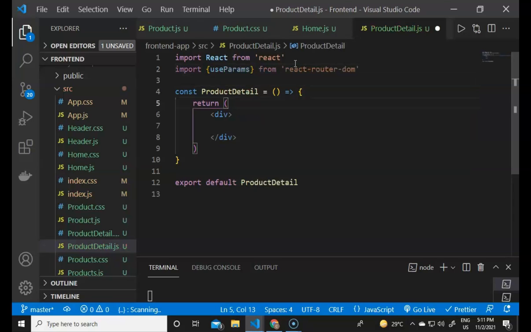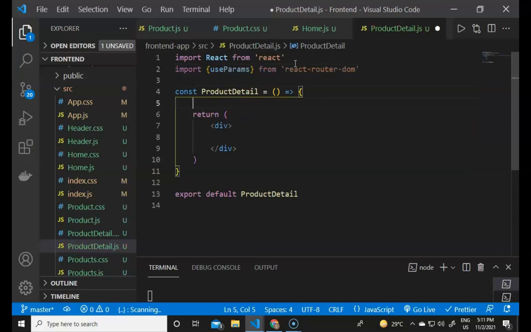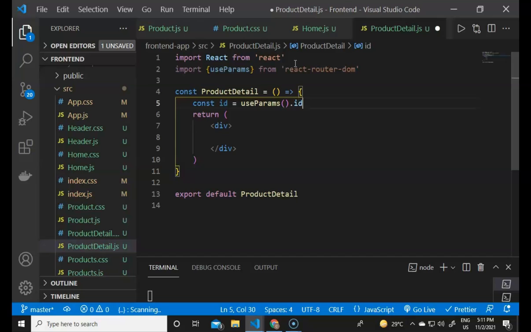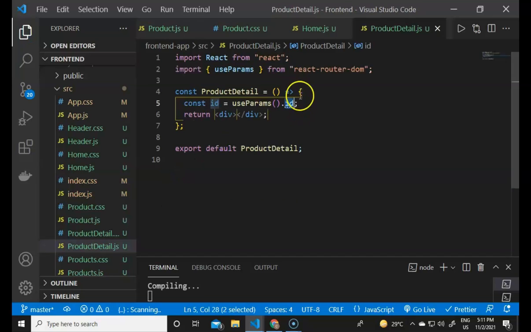Then we get the ID from the params: const id equals useParams().id. Now it will contain the ID which we are sending here.